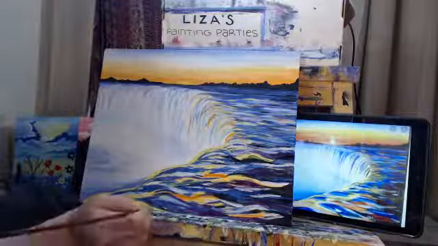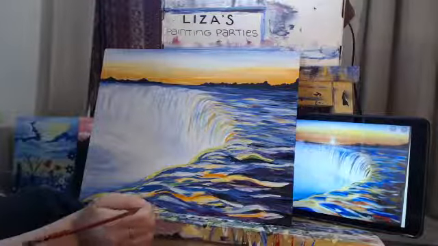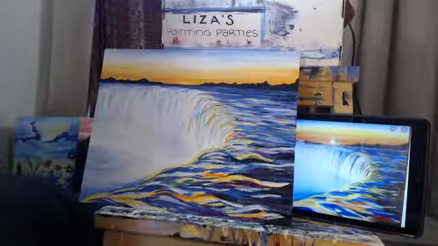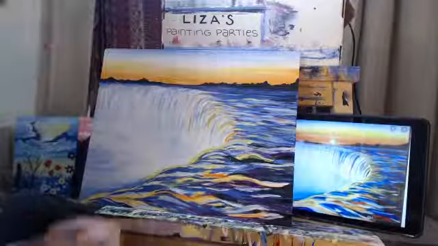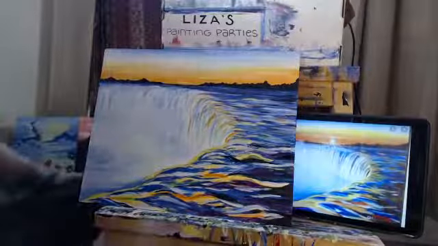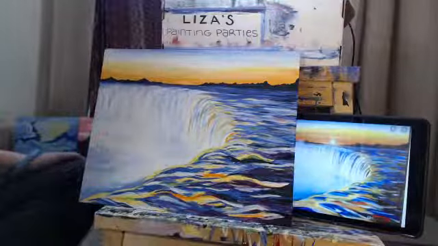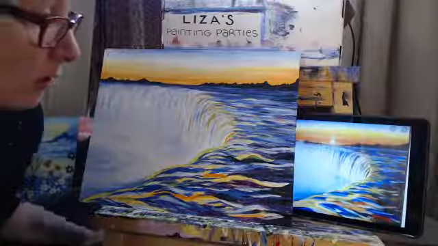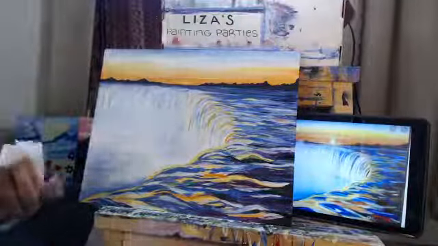I can't help it. I'm putting little streaks of white and stuff in. That's looking good. I'm liking it. Okay, so there's still more to play with. But I think I'm feeling